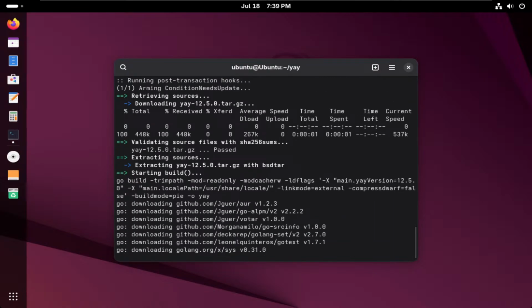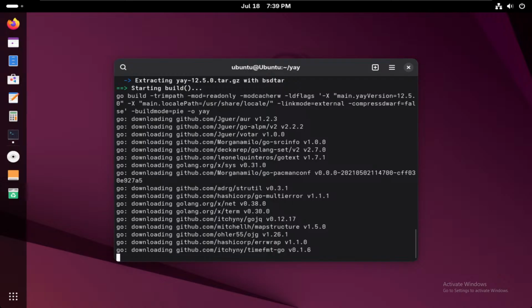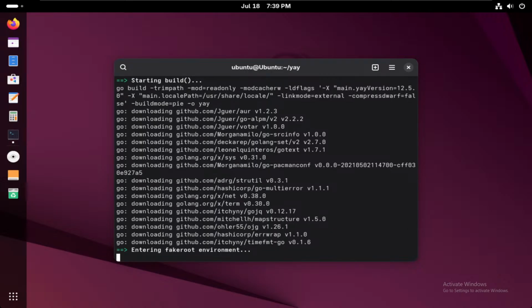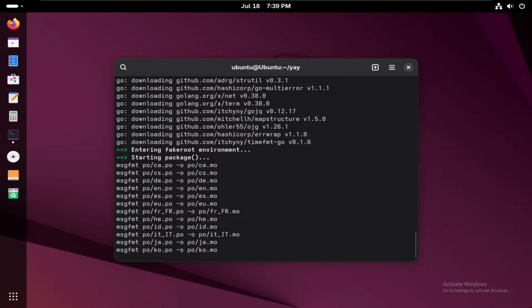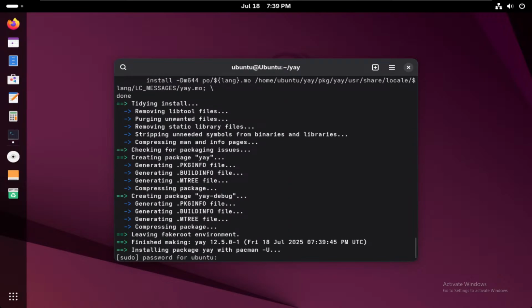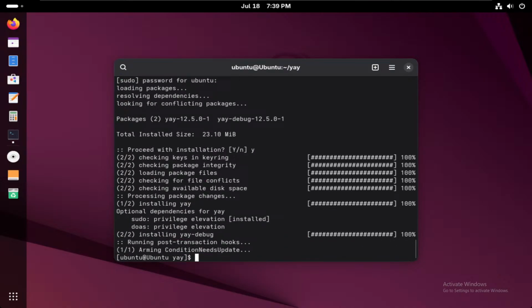Alright, so what I'm doing here is trying to get the login screen to look proper. Like, remove the Arch Linux logo at the bottom, put the Ubuntu logo. Alright, so we fake root environment? There's a lot of stuff happening. Why do I need more passwords? Yes, why is it installing so much? Oh, there we go. Alright, so now we can do yay -S